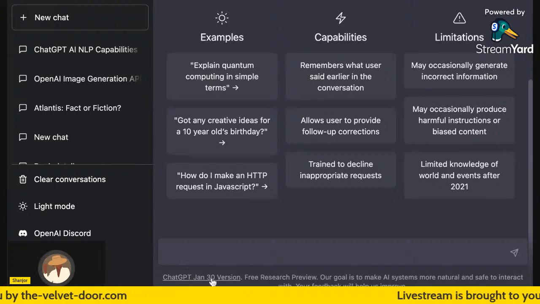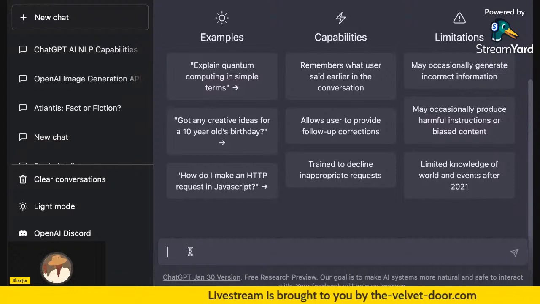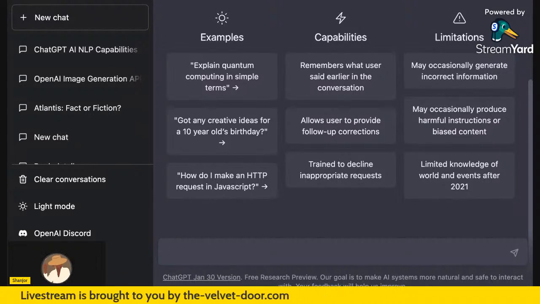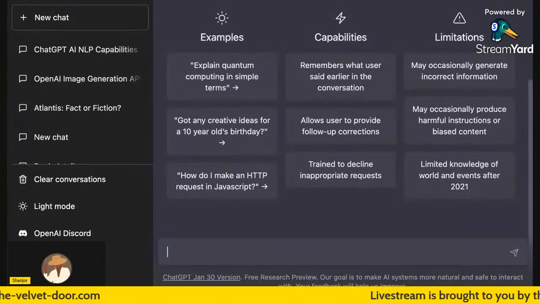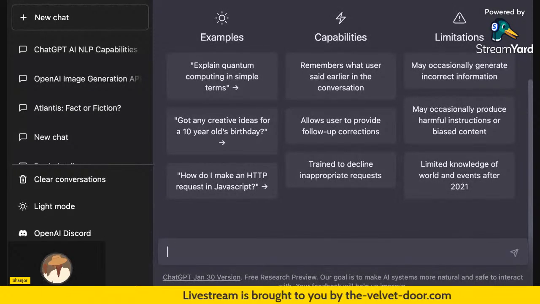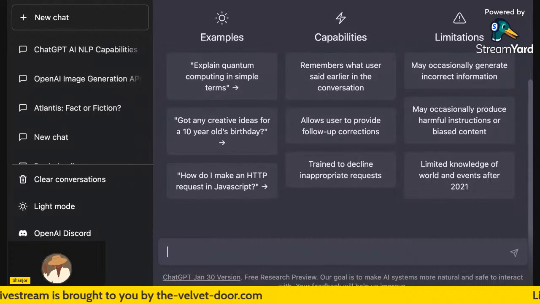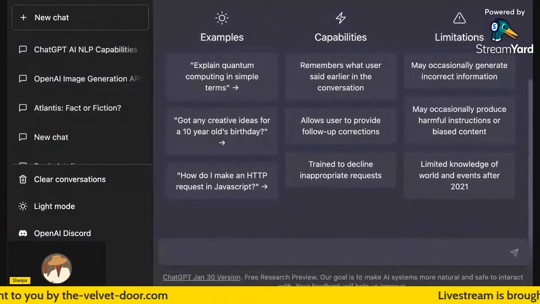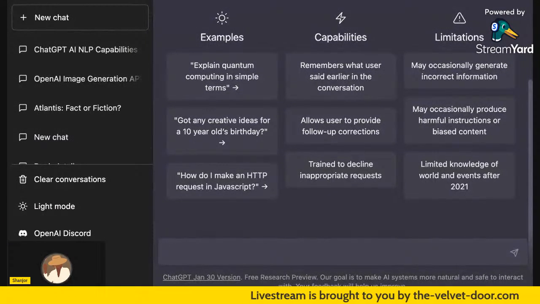Okay, so we just had a new update, as you see right here, January 30th. ChatGPT just gave us a new update. It's supposed to give us faster response times and so on. That's what they say. I don't know. For me, I feel like they need to be able to control the amount of traffic that they're expecting. I don't know if they did not think so many people would want to be included with this ChatGPT beta mode, but there are, like you just saw, 100 million plus people that are interested.